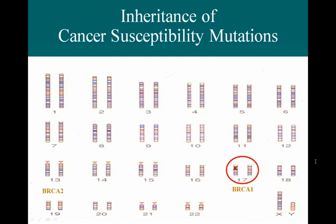Whereas if he happens to put the non-mutated copy of the BRCA1 into a given sperm, and that's the sperm that fertilizes the egg, then that individual will not inherit the mutation that predisposes to cancer. So on average, a person who inherits a mutation